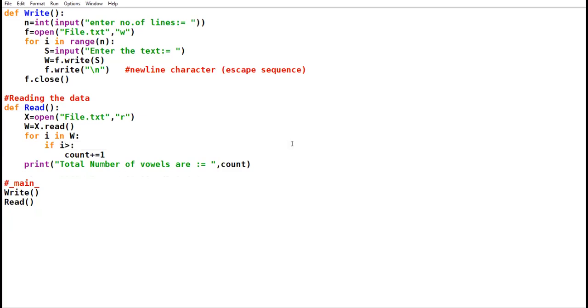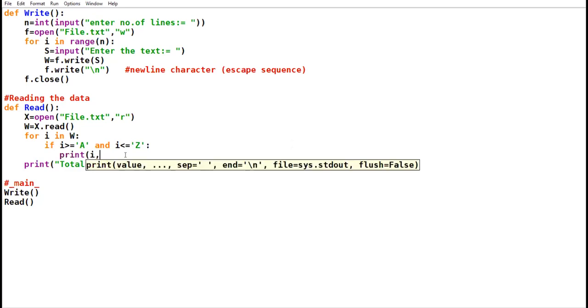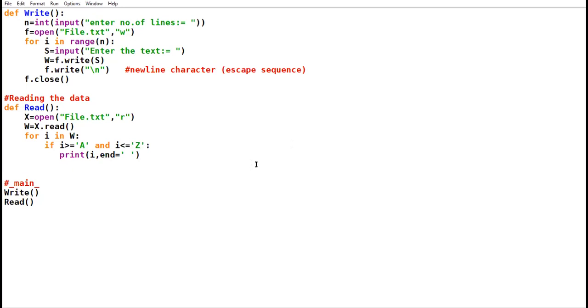If I is more than or equal to capital A and I is less than or equal to capital Z, then print I. Now I am not counting.